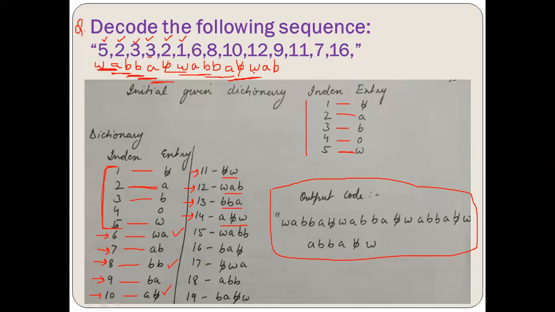Now what we are going to do, we are going to take again WA. WA is already there at 6th position, right? WAB, we will take WA, one more alphabet will be encountered. WAB is already there at 12th position. Now we are stuck here. So we need to decode it further. Up till 12th, we have decoded as WAB. Now I'm going to take it as 9. So 9 position, we have BA. So I'm going to write BA.